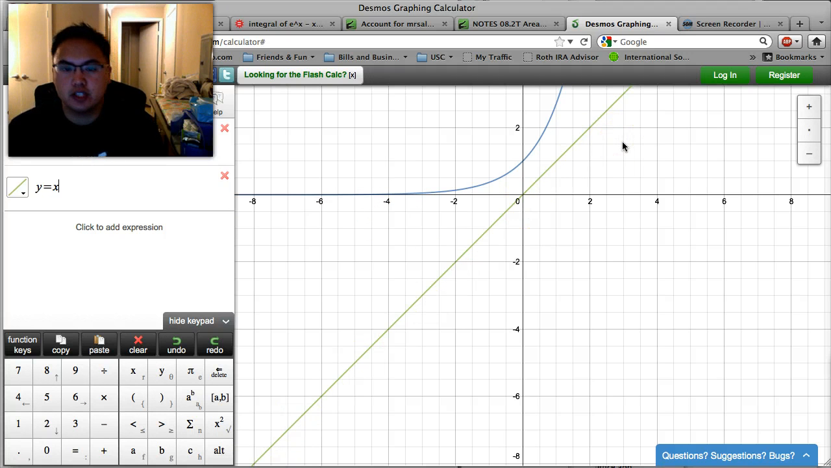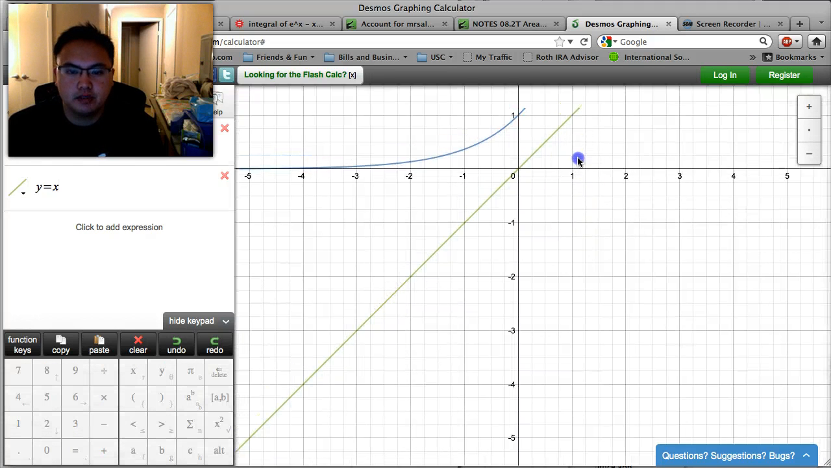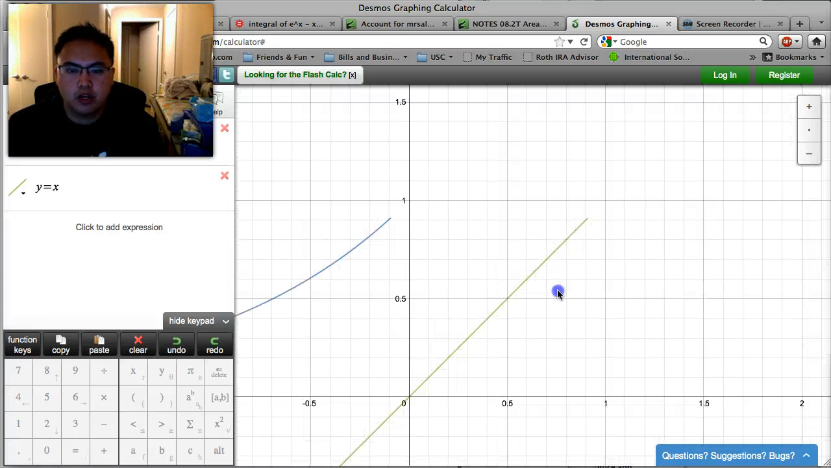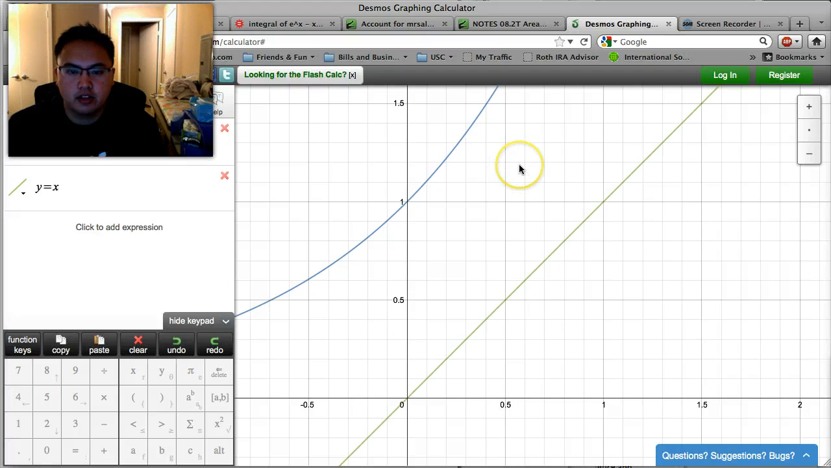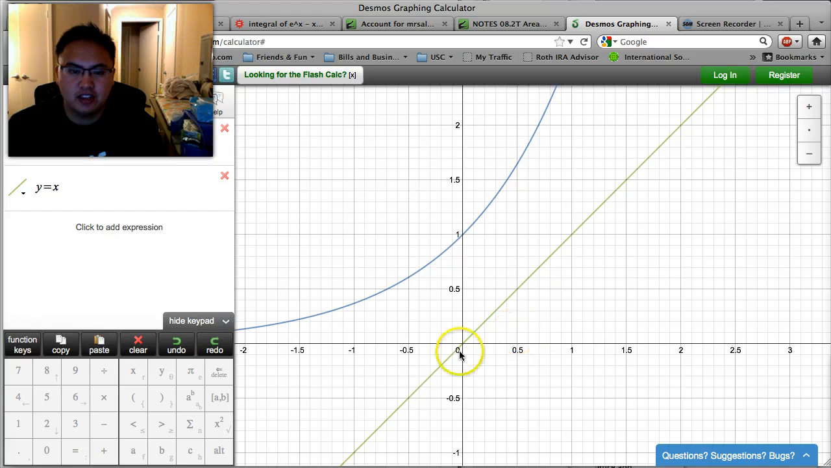Now tell me which one is on top, from 0 to 1. If I look just from 0 to 1, remember that's what the problem said, I'm just going to zoom in real quick. So only from 0 to 1, you can see that clearly the blue line is way more on top than the green one, or e to the x is above x. So when I go back to my problem,